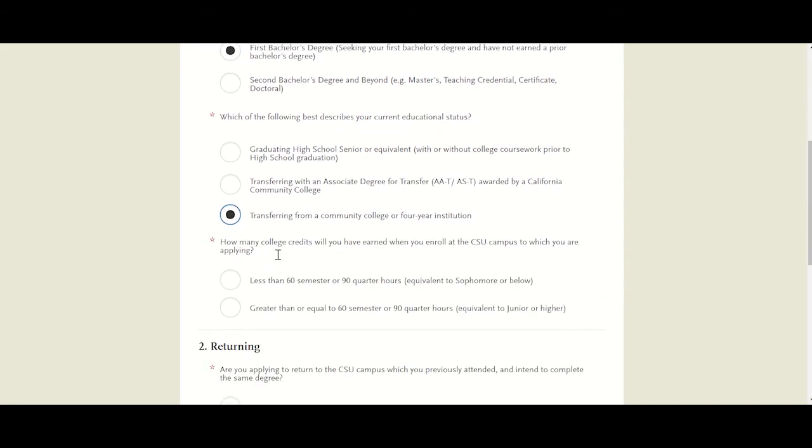If you select the third box, it'll ask you how many college credits you will earn when you enroll in the campus to which you are applying. If you are going to be a junior standing or an upper division transfer student, you will select greater than or equal to 60 semester units. If you are going to be transferring to a school as a lower division transfer student, you will select less than 60. It's important to indicate this because that will determine what you can choose from in your program selection